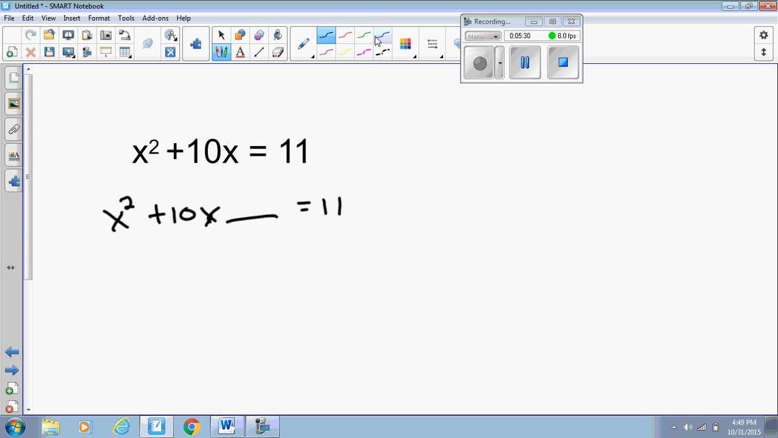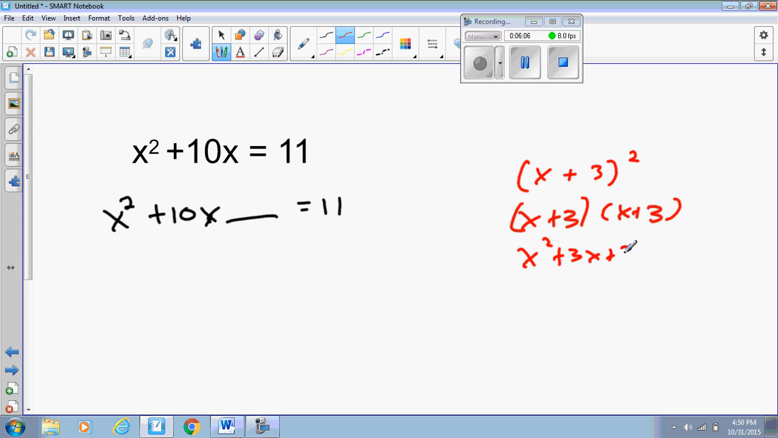Now I'm going to come up with a number that makes this whole left side of the equation a perfect square. What I mean by a perfect square is that when I factor it, I get something squared like this. There's a couple of ways we can look at it. Any time you have a perfect square, let's say I make one up here, x plus 3 squared. That would be x plus 3 times x plus 3, which when I FOIL, I have x squared plus 3x plus another 3x plus 9,